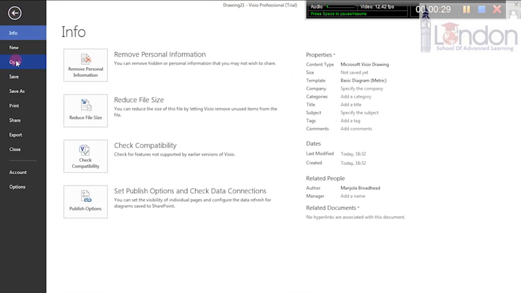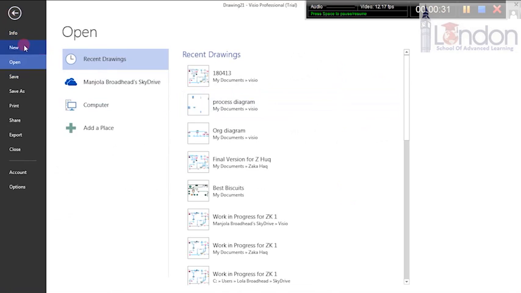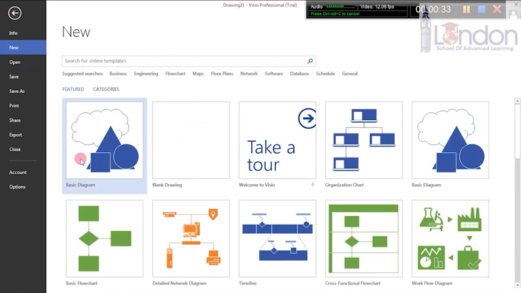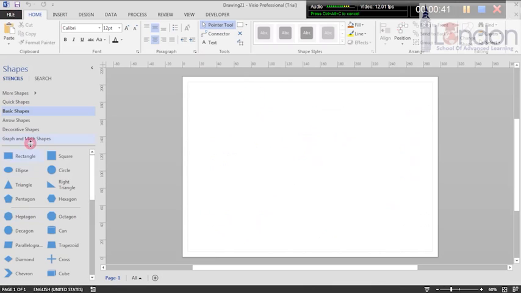Open. There. Basic diagram, blank drawing, organization chart. If you just stick with a really basic diagram or blank drawing, I've picked basic diagram. And what it gives me here is a list of different shapes that I can use. Under